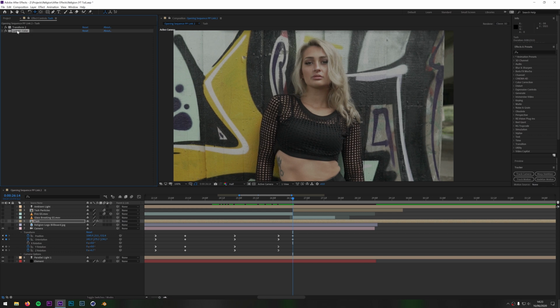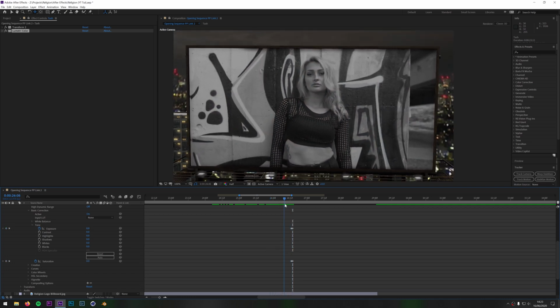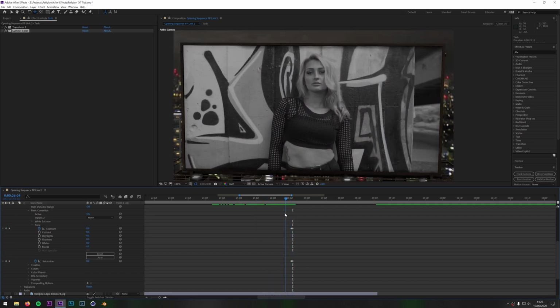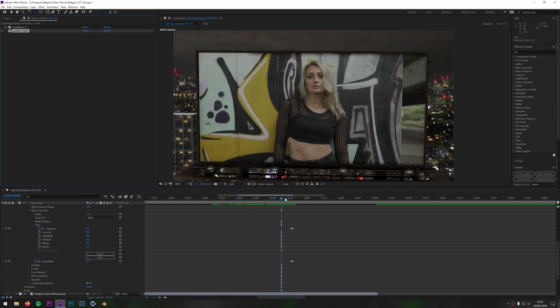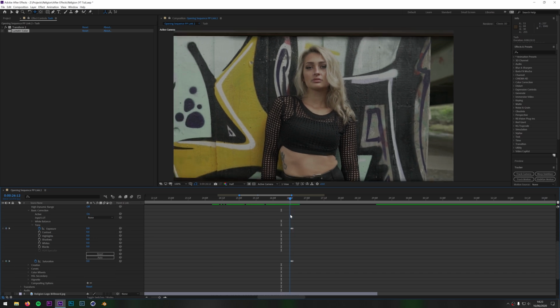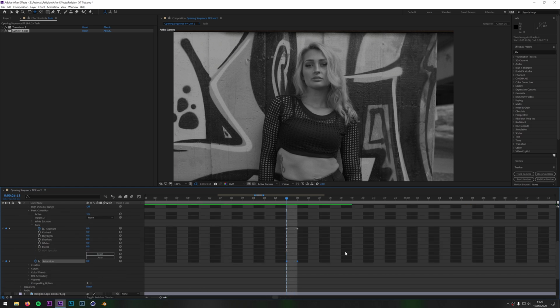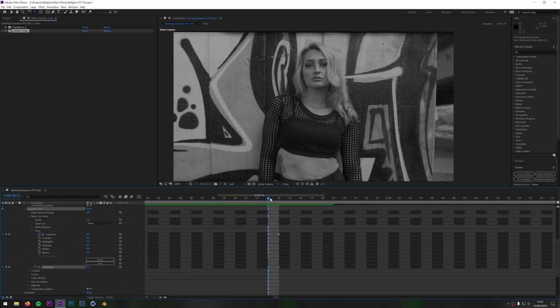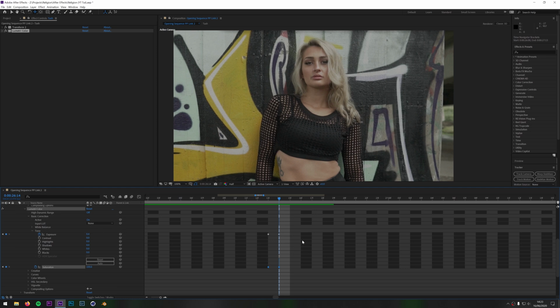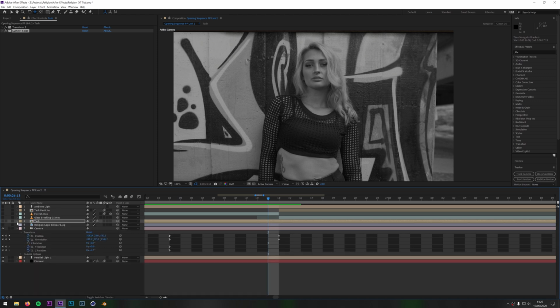And there's also a Lumetri. So if I double click that, there are some keyframes on here, and you'll notice it's black and white, and then it goes to color. I don't have to have done that. I could just have that off and have it in color the whole time. It doesn't really matter. The reason there's keyframes is because it goes from black and white, and then it goes to color like that. There's also an exposure keyframe. It was a bit dark, so I've added an exposure keyframe in there as well. So it goes from 0 and it just bumps it up a little bit to 4. A little bit dark, so I brightened it up a little bit. And that's why there's those on there.